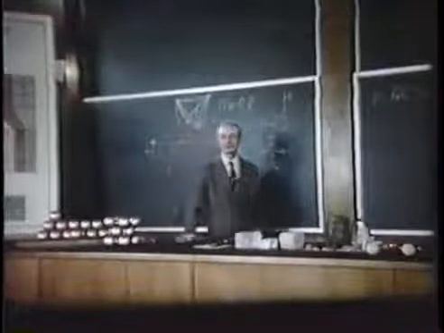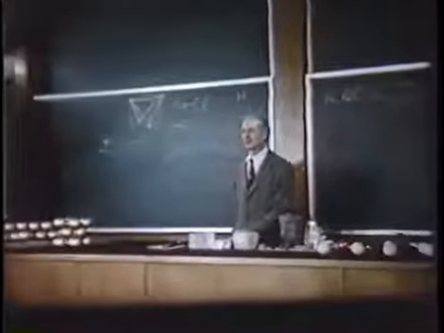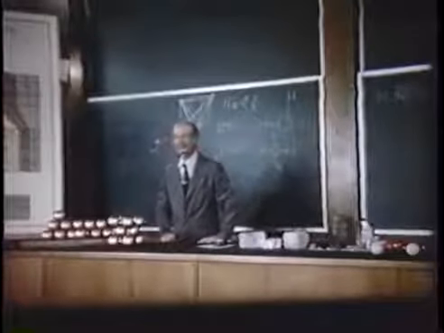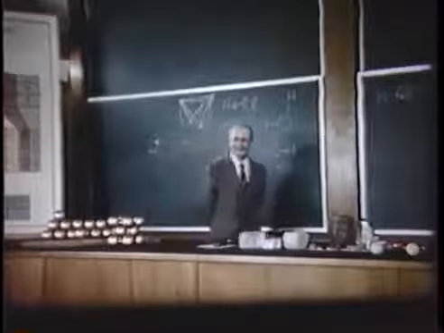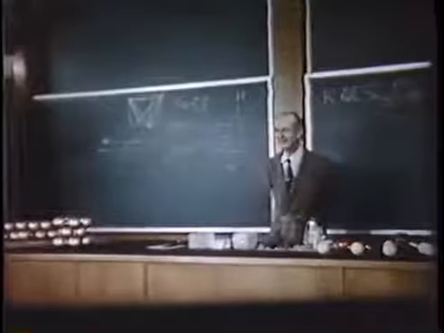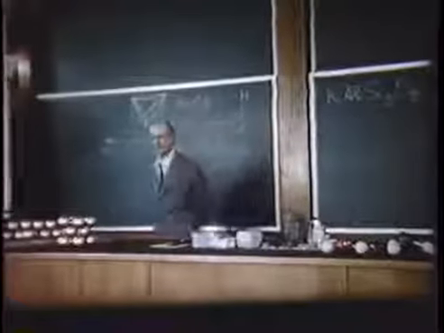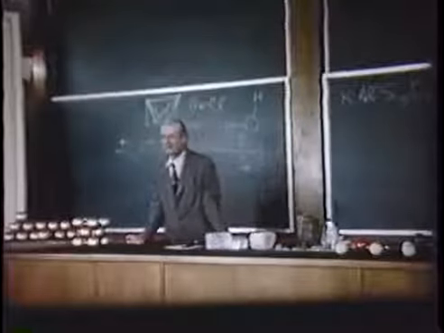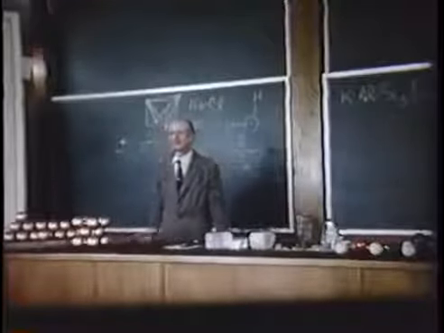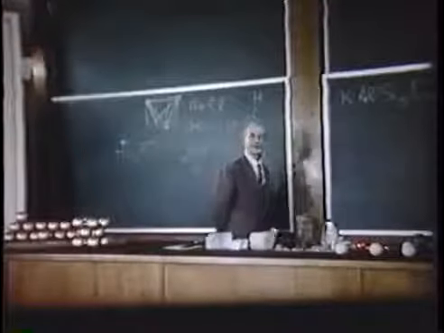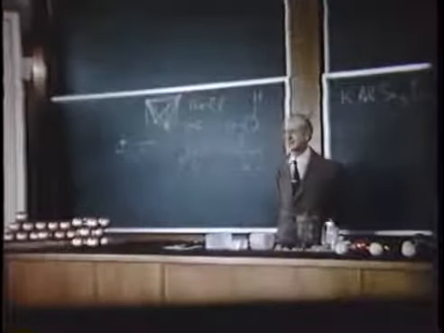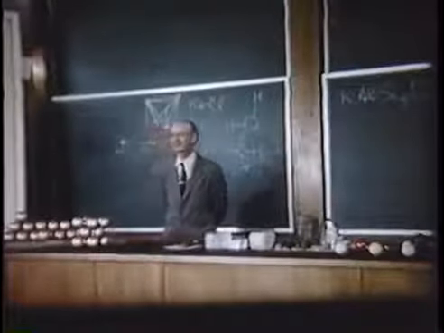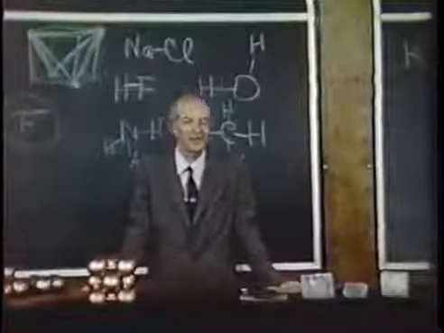We shall start the discussion of the electronic structure of molecules, the electronic interpretation of valence, by discussing the electronic structure of atoms. We know a great deal about the electronic structure of atoms nowadays, and it is the physicists who have determined the information for us. The sort of experimental material that they have used in finding out about electronic structure of atoms is mainly the spectra, the light emitted by substances when they are strongly heated or subjected to the action of an electric spark or an electric arc.